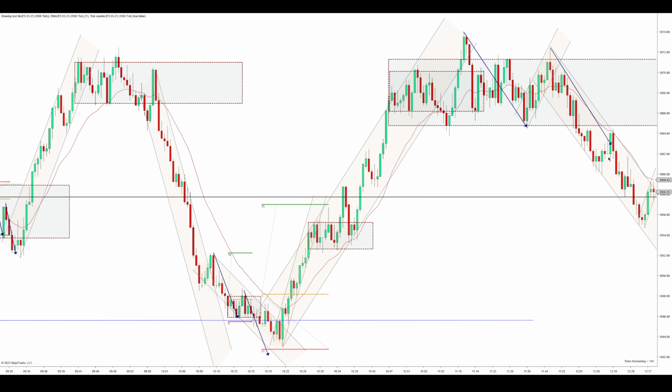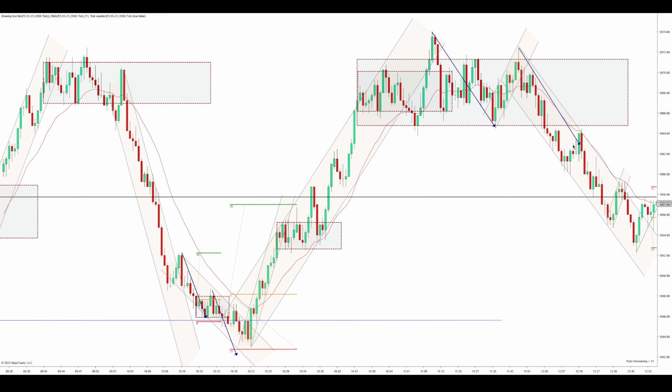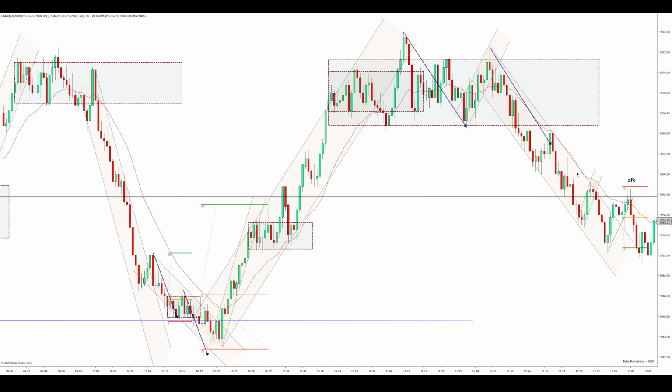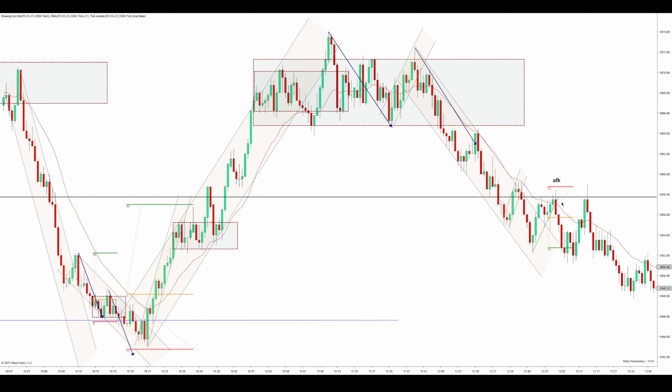But yeah, we had these two legs down. It tried to make a breakout pullback of this range. We couldn't reach it. We just kept going down. I didn't see anything I liked in here. We just pushed down here, and then this trade right here,